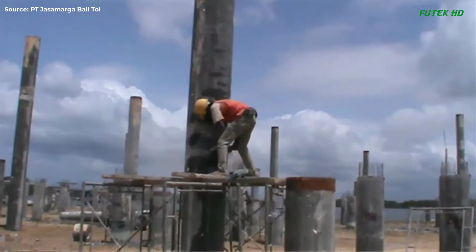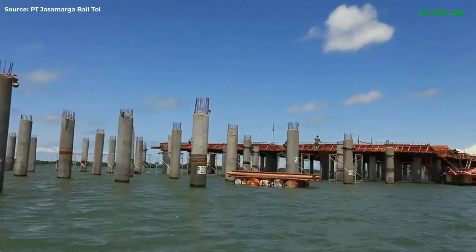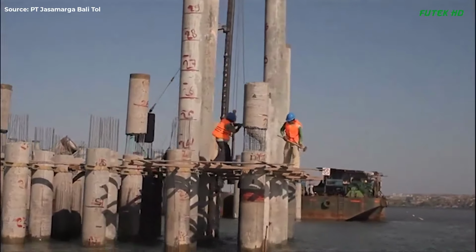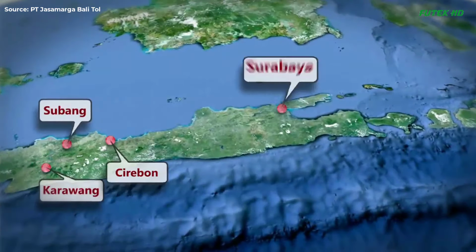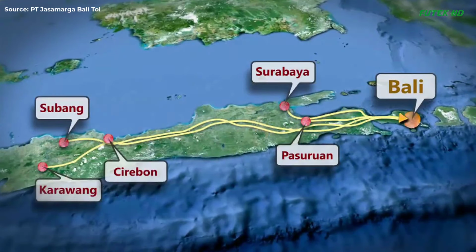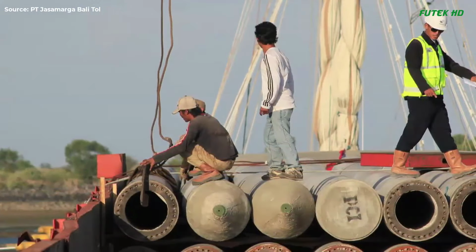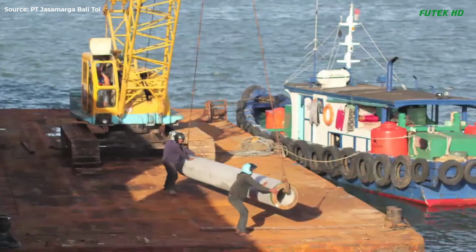Installation of pile caps and girders. Following the piling, pile caps were installed to support the road's superstructure. These caps served as bases for the girders, which were crucial in distributing the load evenly across the foundation. The girders, each 30 meters long and weighing 100 tons, were transported by pontoons and carefully positioned using cranes with a capacity of 150 tons each. This phase required meticulous coordination and handling to ensure the girders were placed